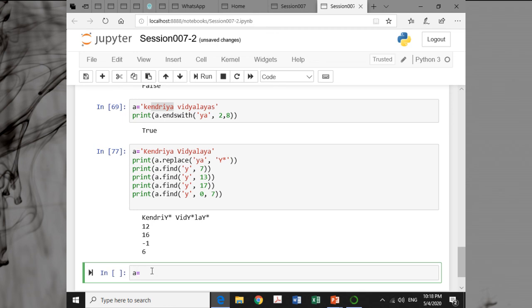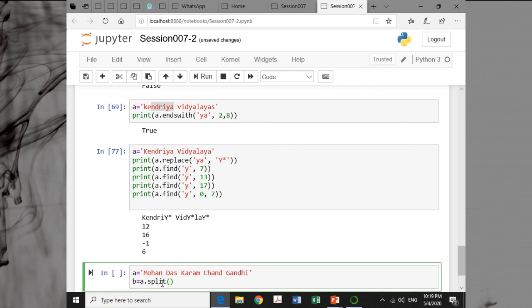Say suppose A is equal to Mohan Das Karam Chand Gandhi. So this is your A, and I say B is equal to A dot split.